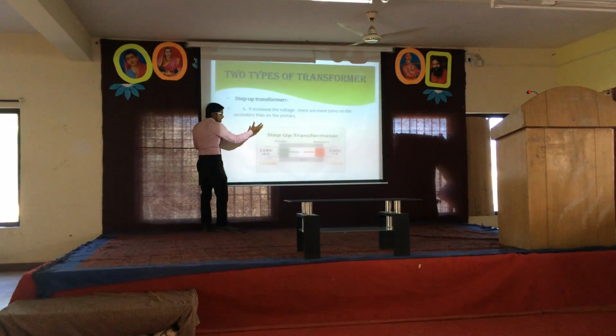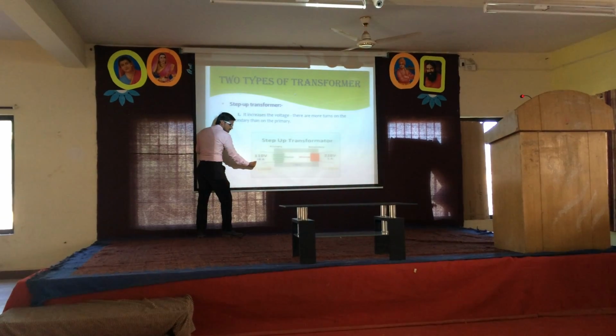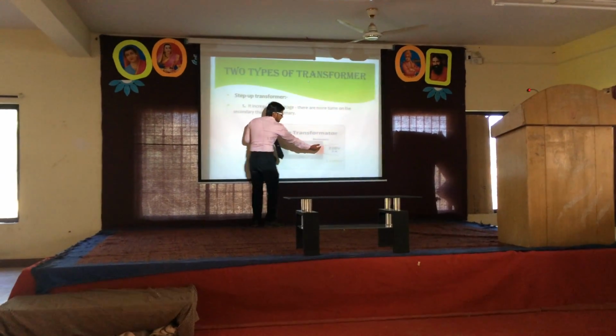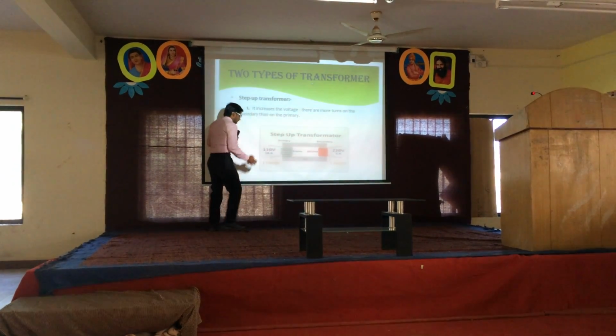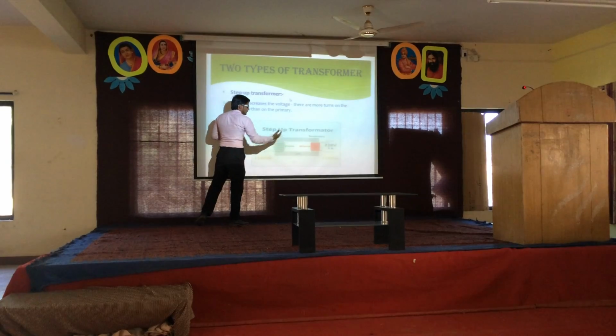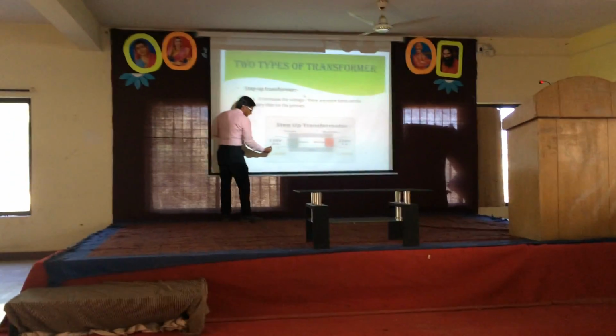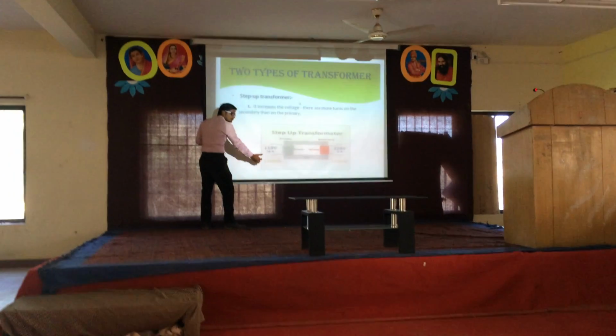As the voltage increases, the current decreases. Here the current is 10 ampere. This is the current of the secondary winding. It is 5 ampere. The power transmitted is the same, the power of the primary winding is 1